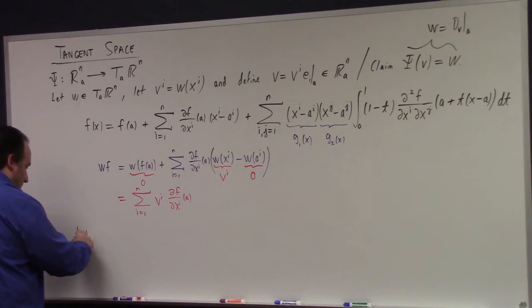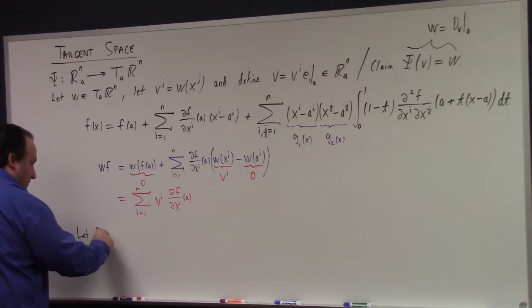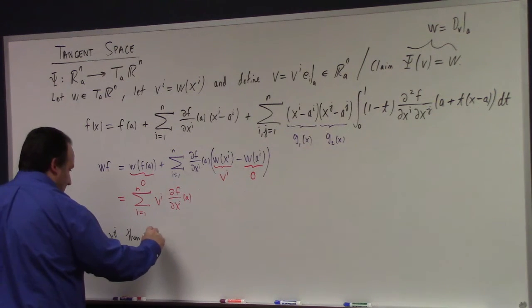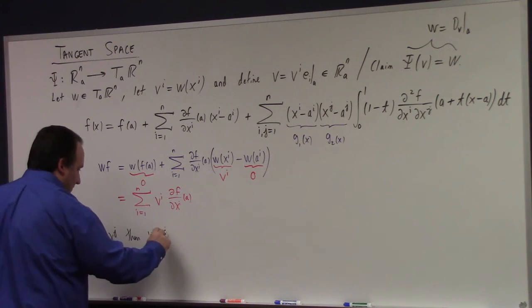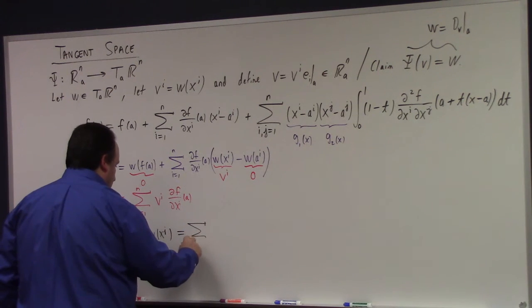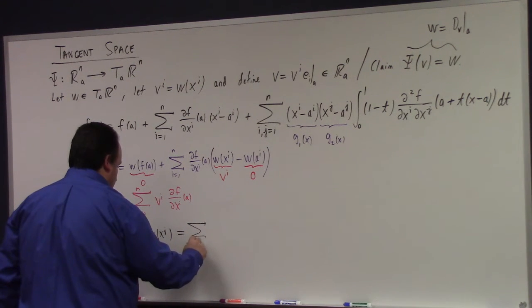Let f equal x upper j, then w of x upper j is equal to what? The sum, i equals,